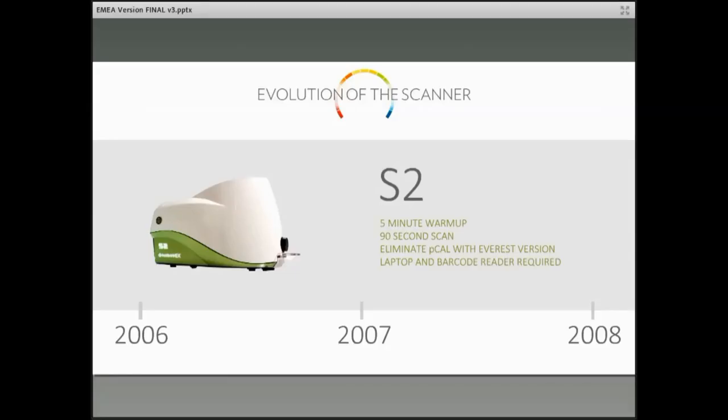Yeah, and that was a huge burden that was dropped off individuals that wanted to, again, take this into their living rooms or wherever to help people measure their carotenoids. So this was a really nice addition. But still, this S2 scanner was connected to a computer. There were wires and a nice quick warm-up, and certainly a lot more robust, as we'll talk about later. But still, there was a demand for something that was smaller, more mobile, and